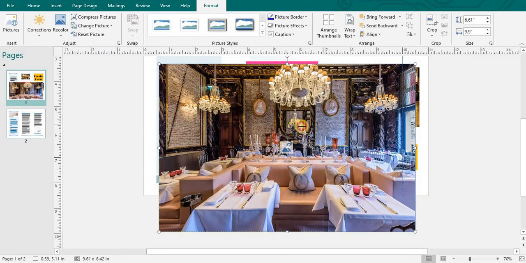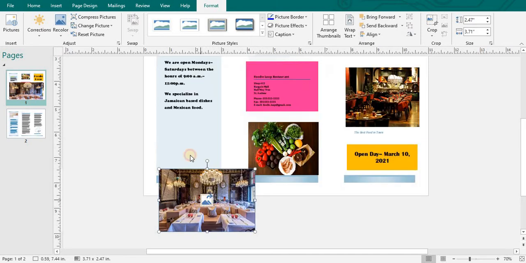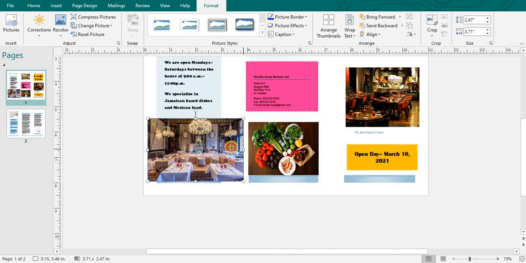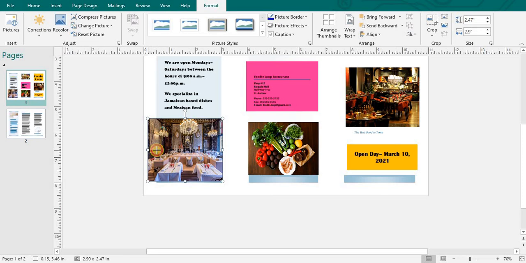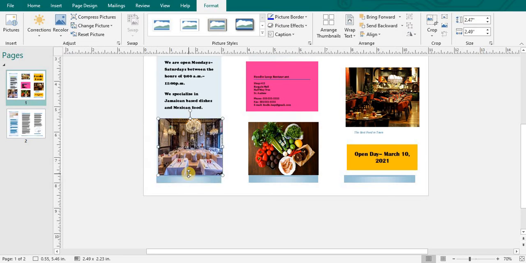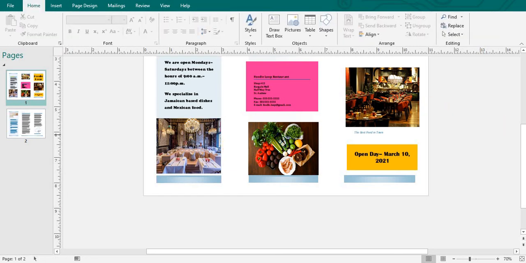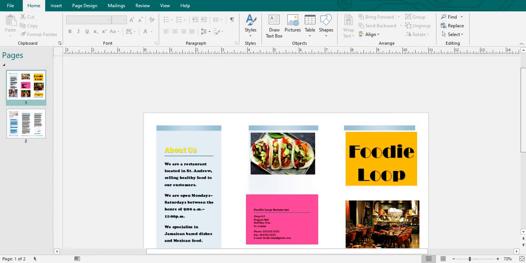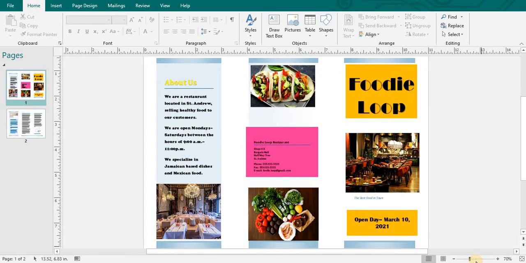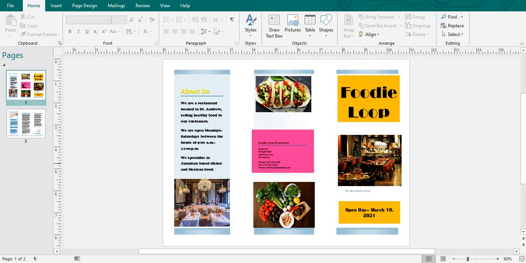When our images enter the brochure, we have to reduce the size and then place it into the section that we would like to add it in. Size of this and then fixing it on the section that they provided us. So this would have been the first page of our brochure for now,